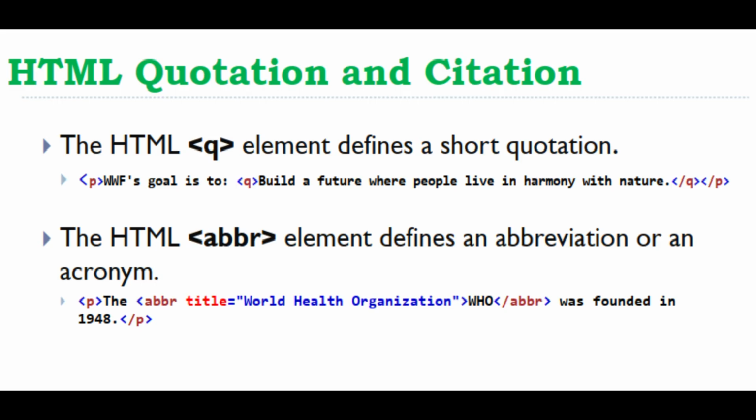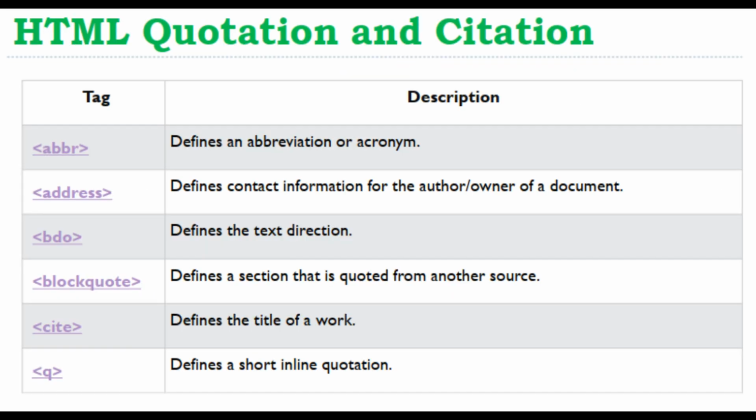HTML quotation and citation. The HTML <q> element defines a short quotation. <p>WWF's goal is to <q>build a future where people live in harmony with nature.</q></p> The HTML <abbr> element defines an abbreviation or an acronym. <p>The <abbr title="World Health Organization">WHO</abbr> was founded in 1948.</p>